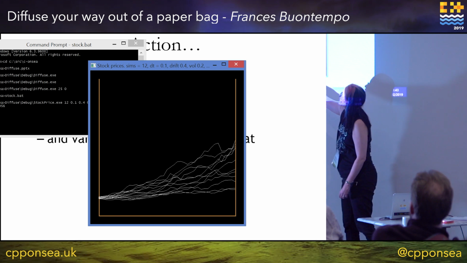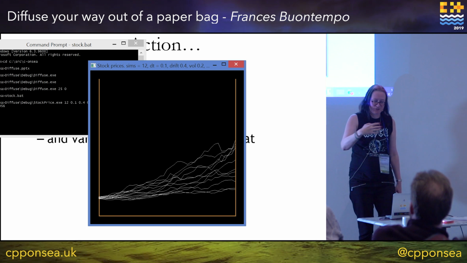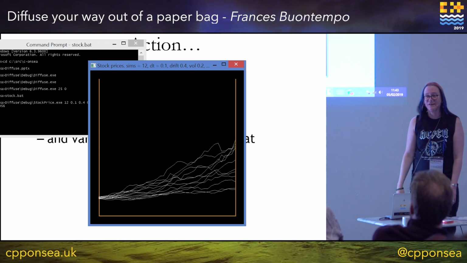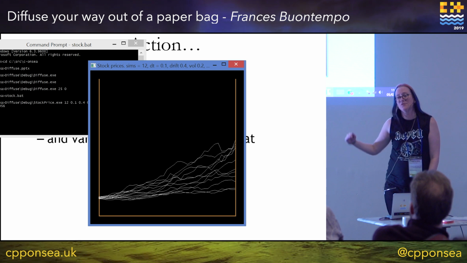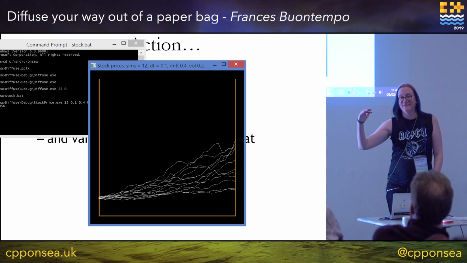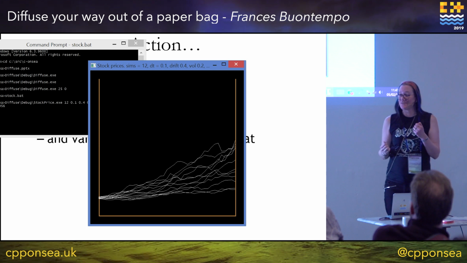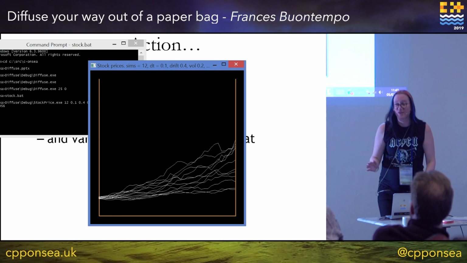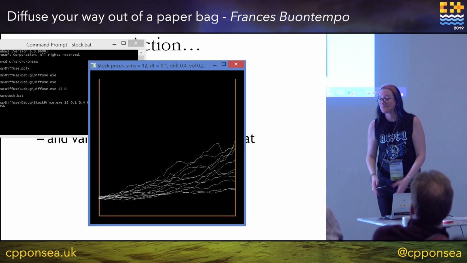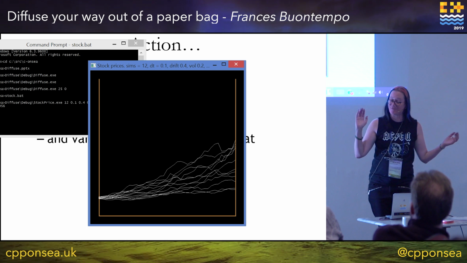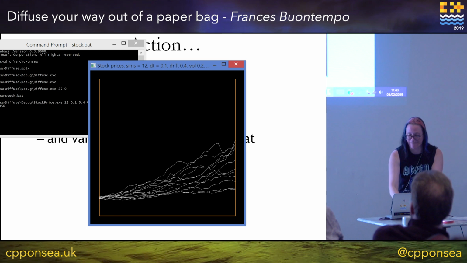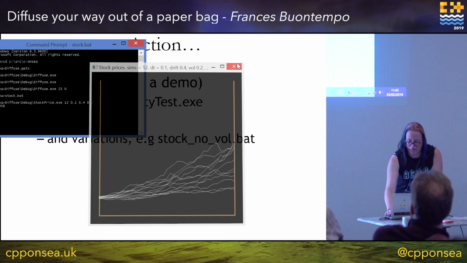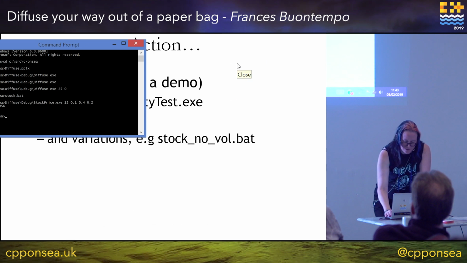So, several curves, several simulations running. 12, I think. Don't know how clear that is from the back of the room. So you can see none of them have got out of the paper bag. If I turn up the drift, they might go up a bit higher, so we can now start playing with the numbers. So that was 40% return on our investment, and over the width of a paper bag, we haven't got out. But we can twiddle the numbers, and then we can get out of the paper bag. What else have I got here?